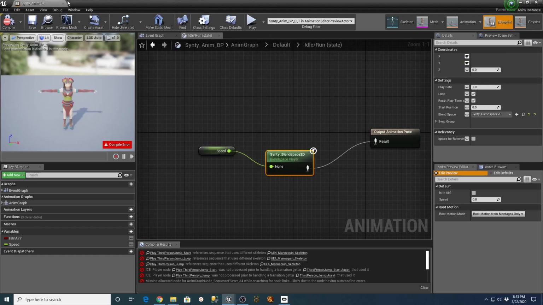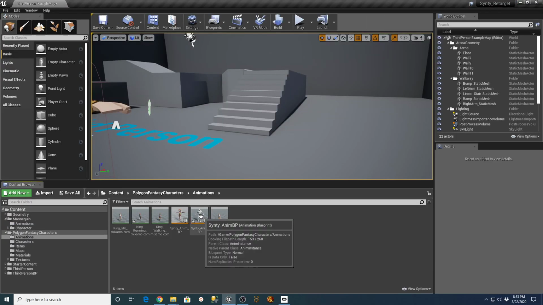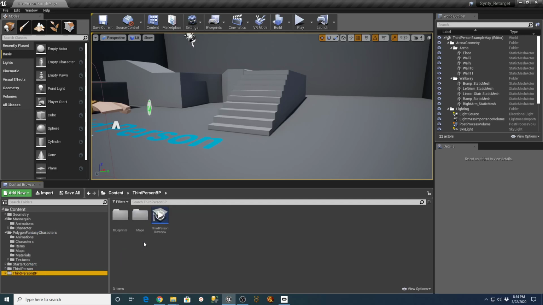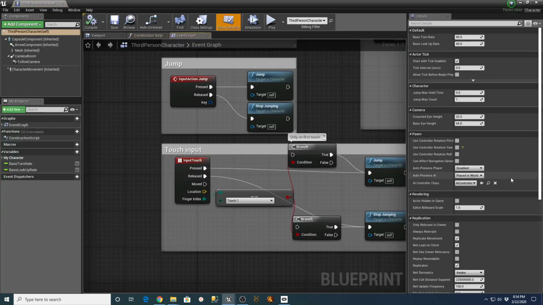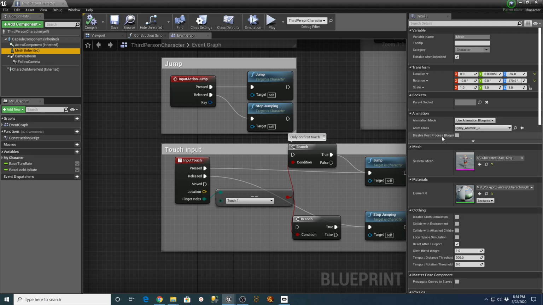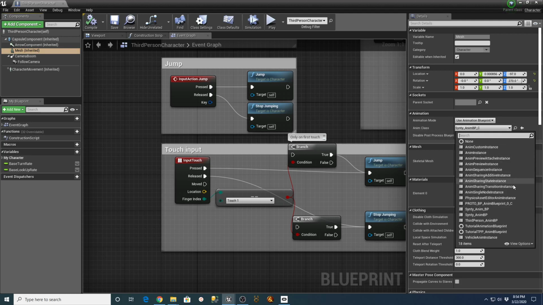So let's get rid of that. We're going to go in here. We want to go back now. This is threaded because I did this earlier. I want to go back to the third person blueprint just real quick. And under here, we're going to change our mesh to use the underscore BP.